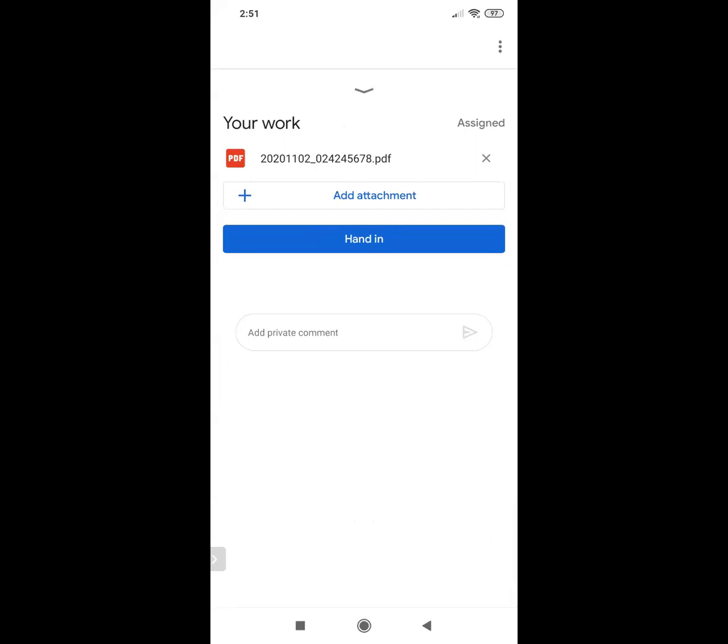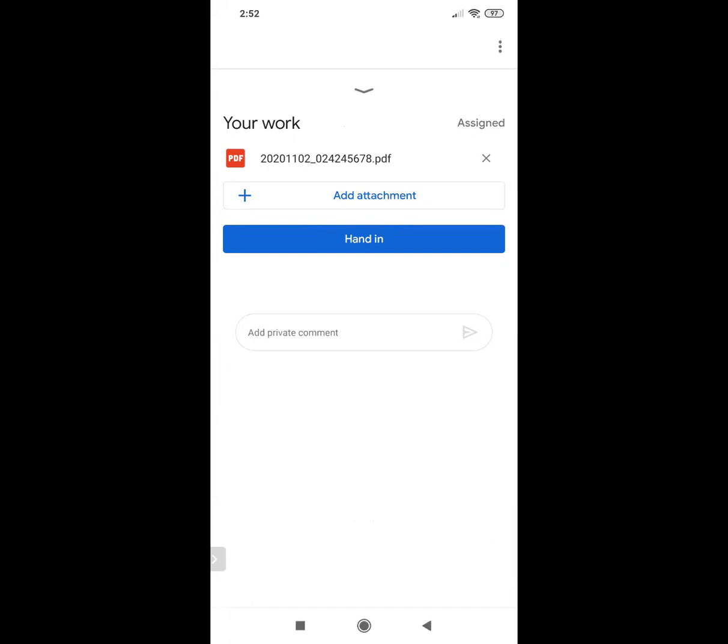Fine. And because I had directly come in from there and it was taking a little time, you could see that the work has actually been assigned. You really don't have to do anything here. The work, when you come here, will automatically get assigned. You can see that a PDF file is attached. If you want to add some more attachments, you can do that. Okay, so after that it's attached.